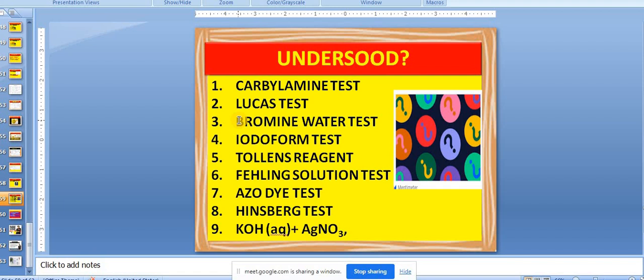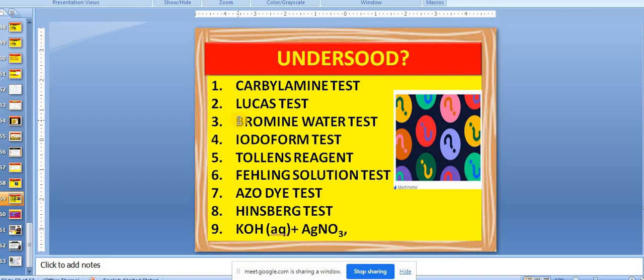See, violet is related with... yes, Arman. Violet color is coming with phenol with which reagent? Neutral FeCl3. Yes, absolutely right answer. Neutral FeCl3 when reacted with phenol gives violet color. Okay, violet color is not given by bromine water, but it is given by the neutral FeCl3 test.